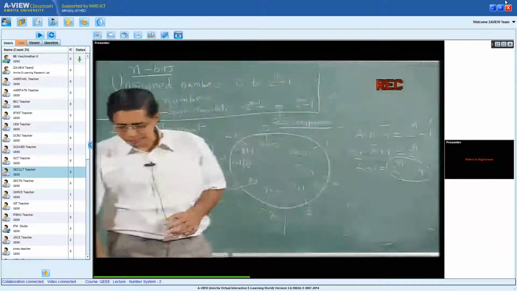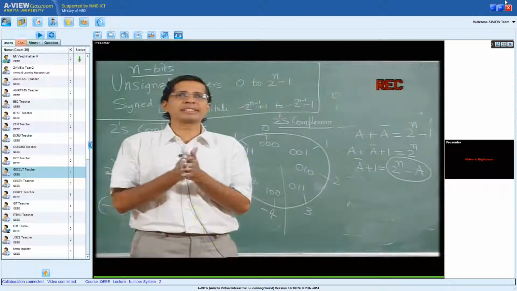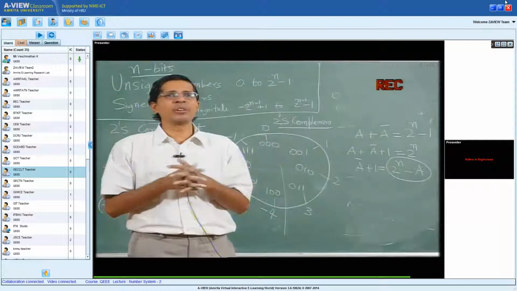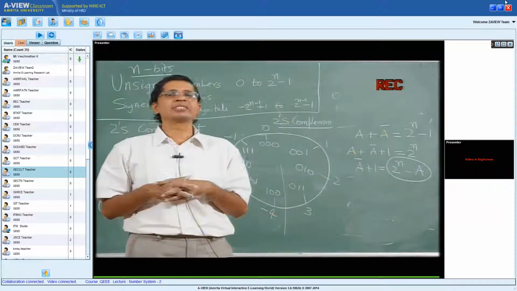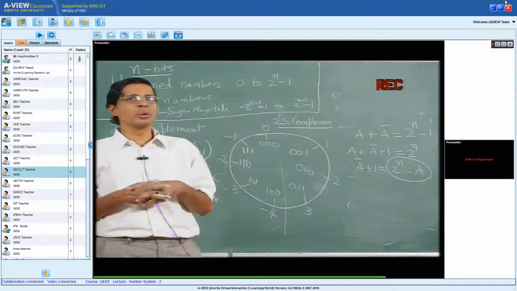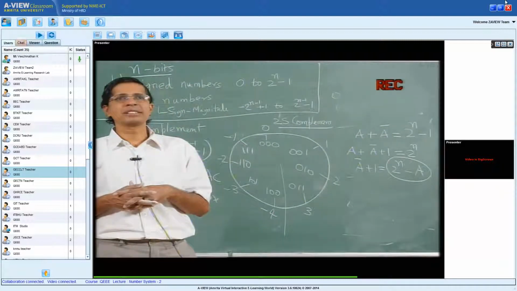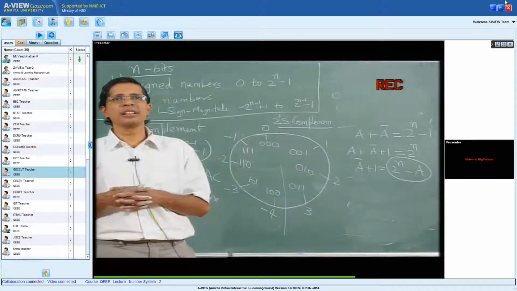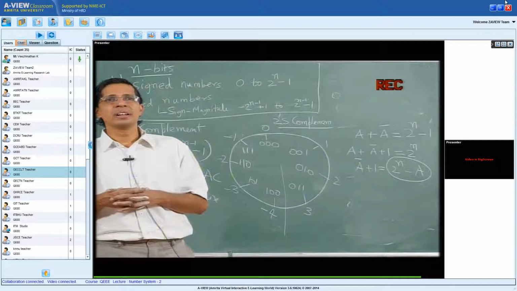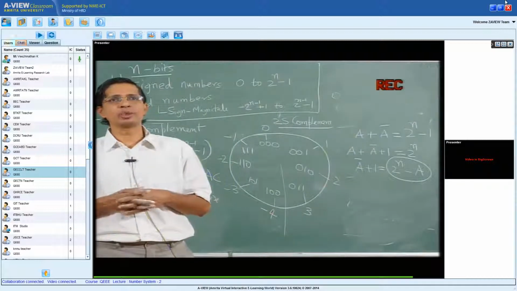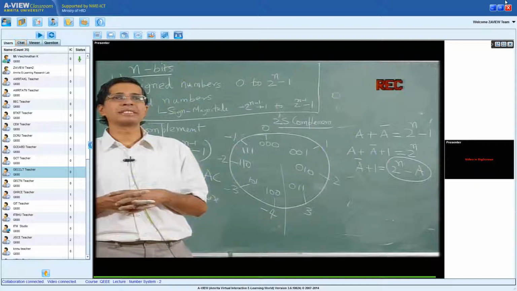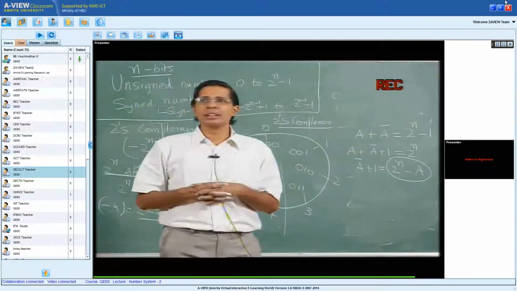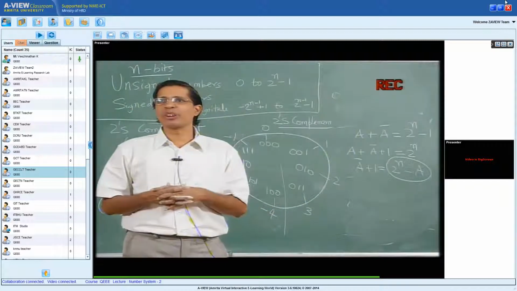So we will be giving a set of tutorials by Monday, wherein you will have these types of arithmetic. You can practice this. Meanwhile, you can refer to your old books like Hamacher's Computer Organization and Morris Mano's Digital Logic Design. All these books have explained this 2's complement arithmetic, so you can take some examples and work for yourself. Now I will open up for a couple of questions.